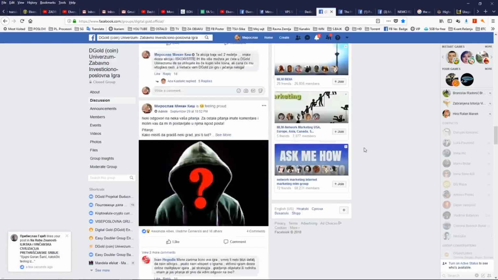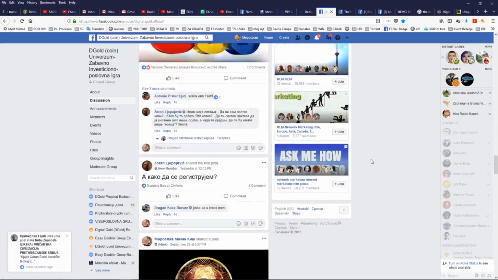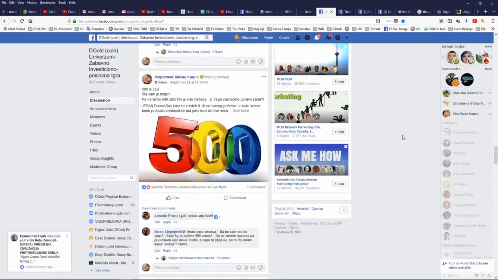Something that I would like to say and to make the point here: members of our system will get 500 Doomsday coins, and the Doomsday coin will be part of our system. It will have its own presentation page.